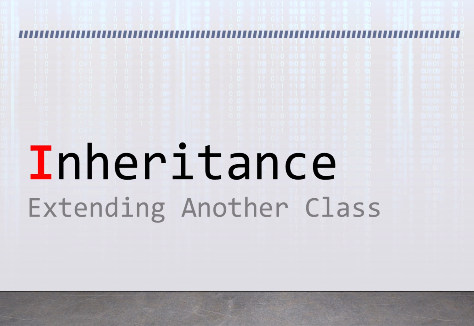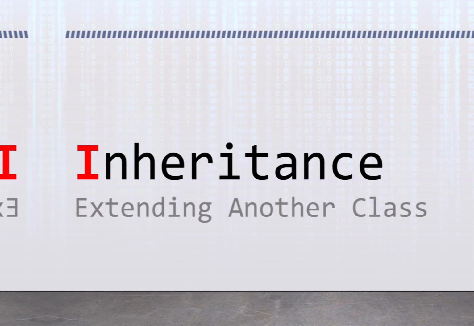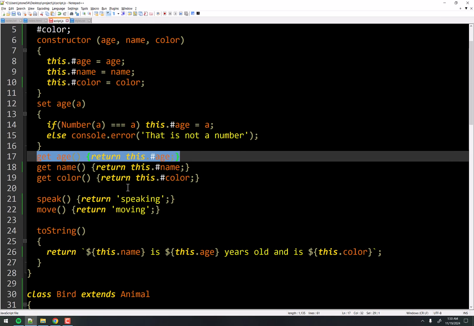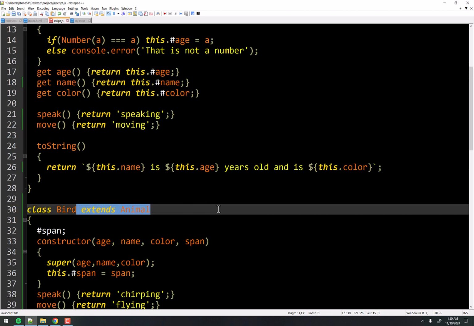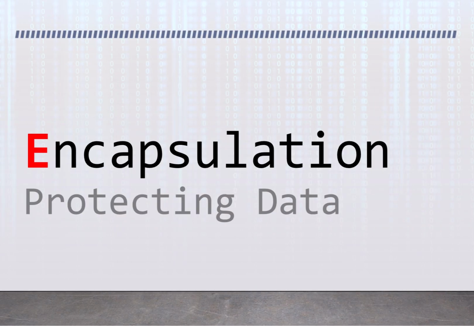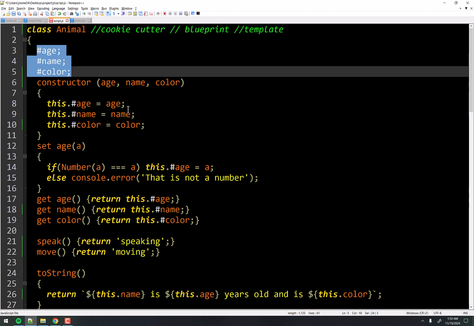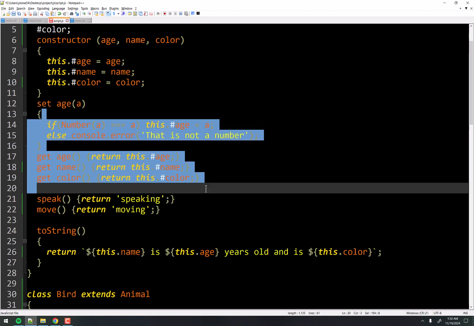You inherit things from your parent. And so we inherit the setters and getters of the age and the name and the color, for example, that the bird inherits from its parent by using the extends keyword. And then encapsulation is protecting data, protecting these variables by forcing you to use the setters and getters.